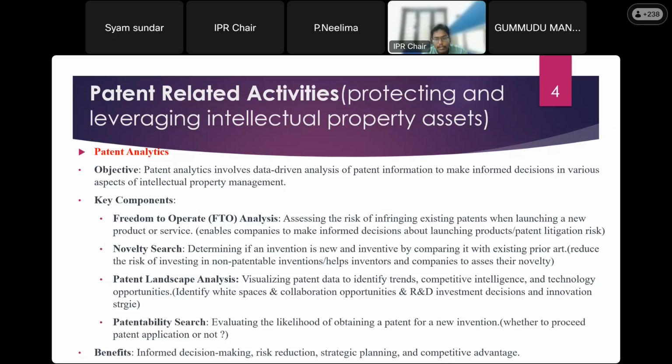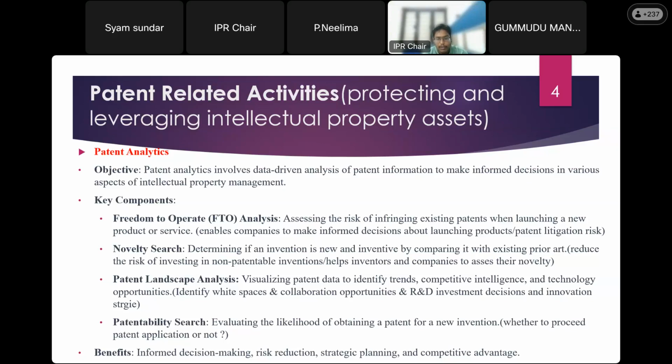And any R&D options, any research and development, any investments are there. If something is not there, if you find out any white spaces, meaning basically there is a gap in the technology, in the specific technology, that kind of search you can do, and based on that search you can find out the gap. So in this area there is a potential chance of filing a patent